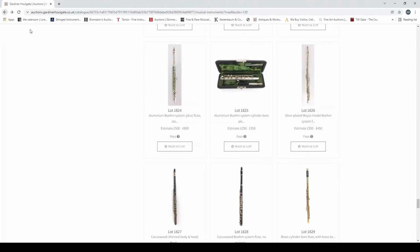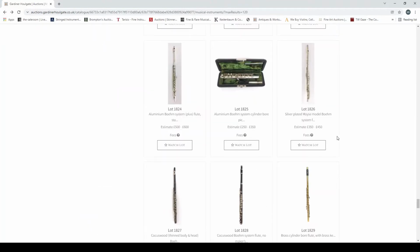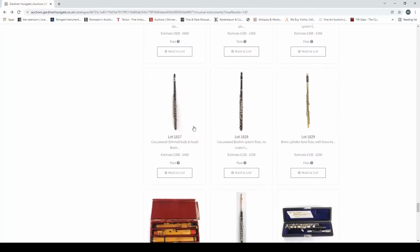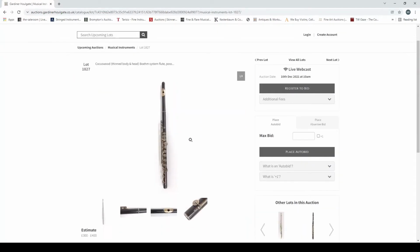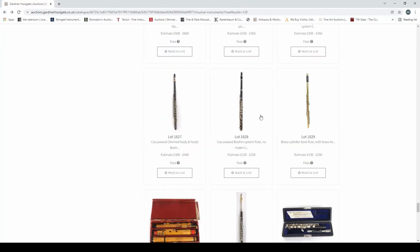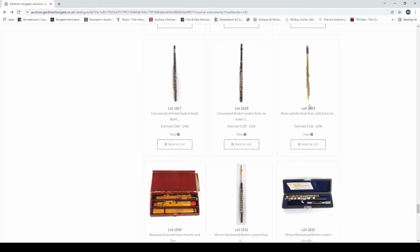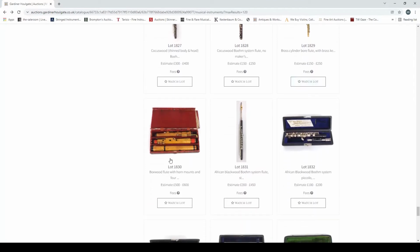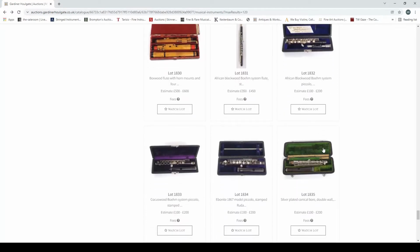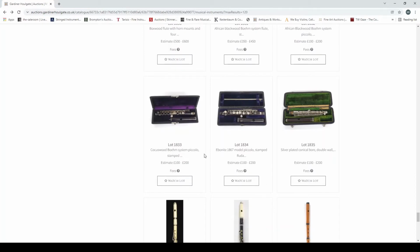Yeah, and silver plated Moyse model Boehm system flute there. Cocos wood flute, another Boehm system flute, brass cylinder bore flute, boxwood flute with horn mounts, African blackwood Boehm system flute, another African blackwood Boehm system piccolo, Cocos wood Boehm system piccolo, ebonite model piccolo, silver plated conical bore double walled piccolo there,